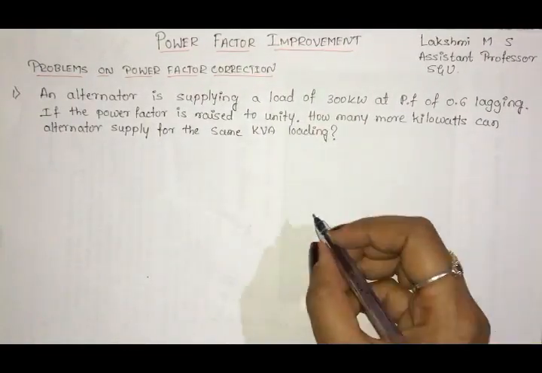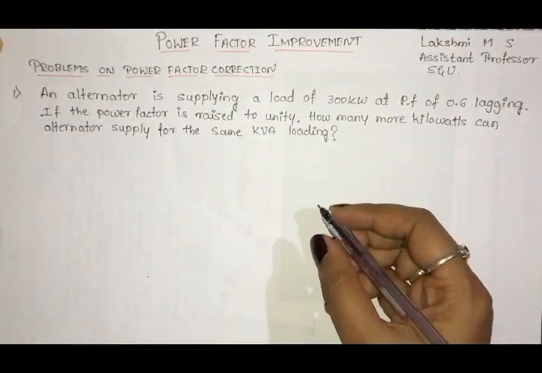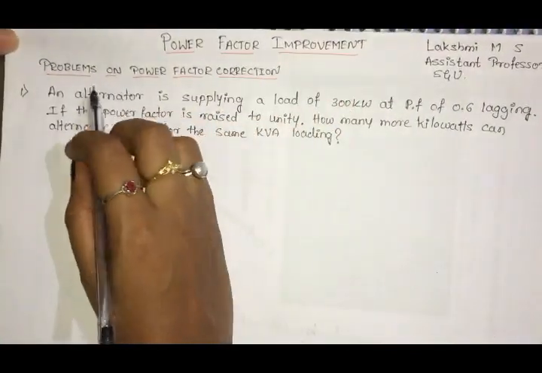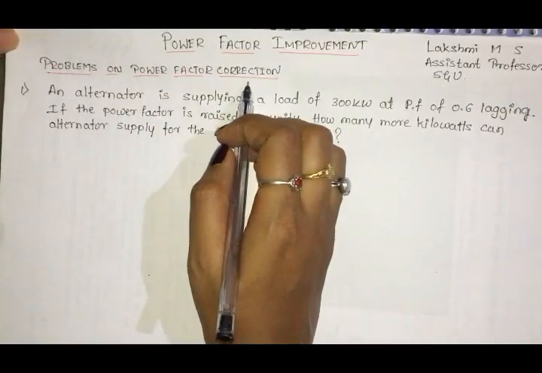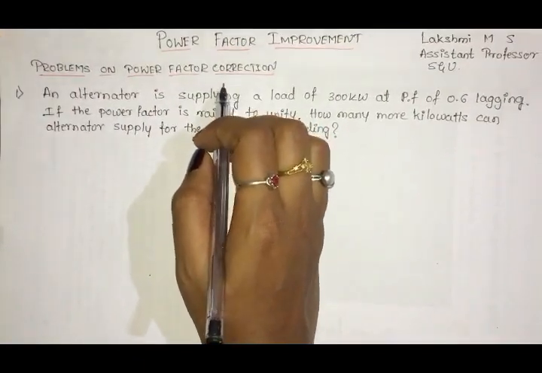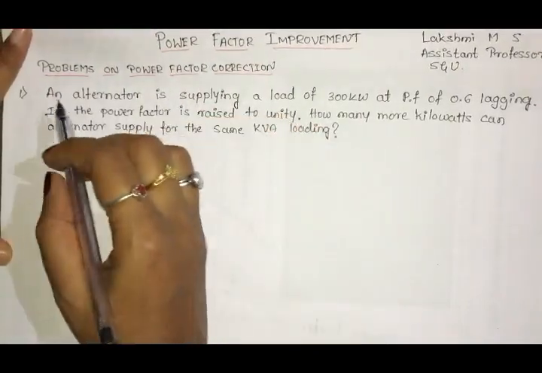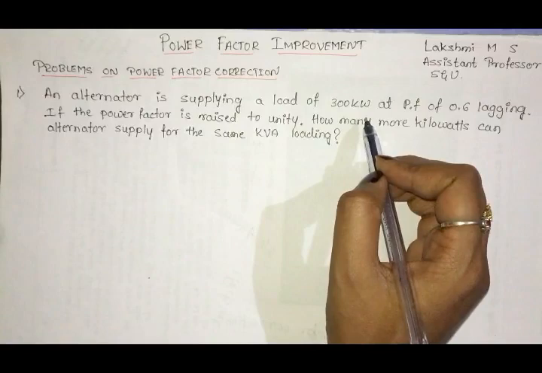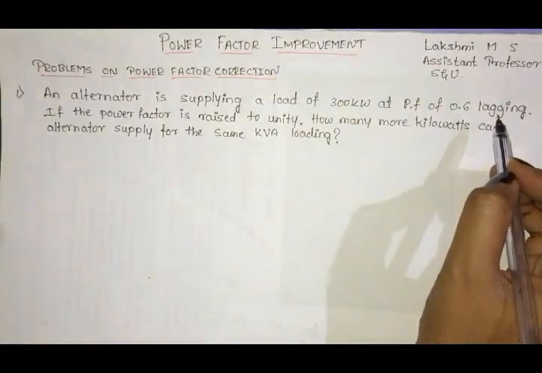So today I am going to continue with my previous lecture, that is power factor improvement. Now we are going to solve problems on power factor correction, which we have derived in the previous lecture. So the first problem: an alternator is supplying a load of 300 kilowatt at a power factor of 0.6